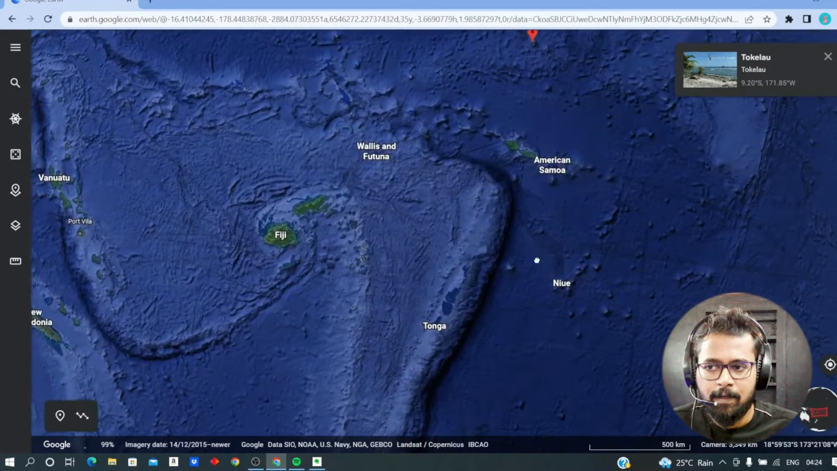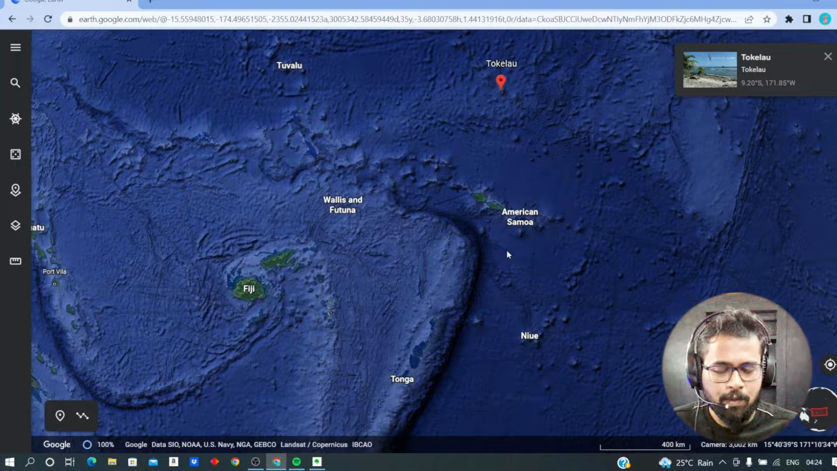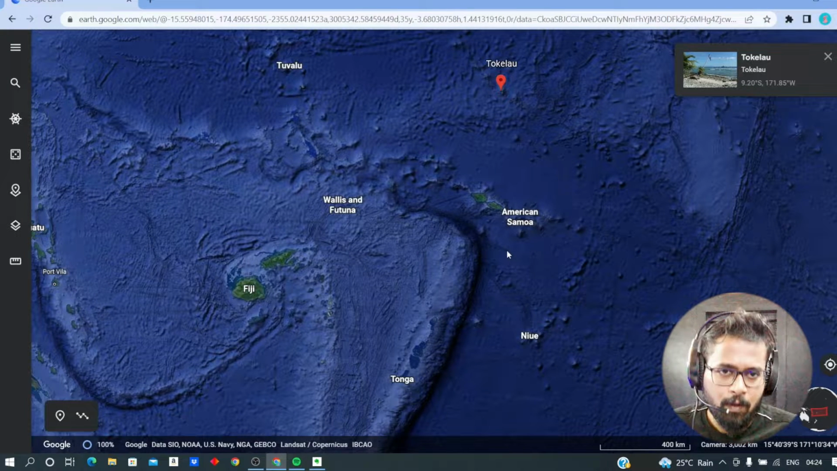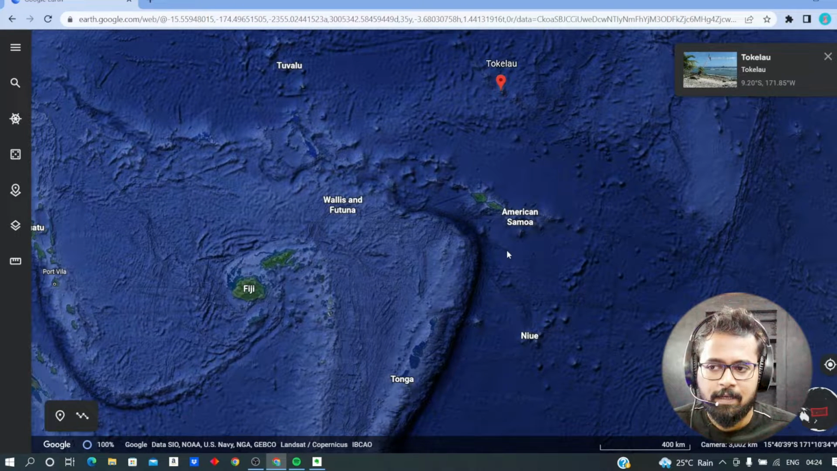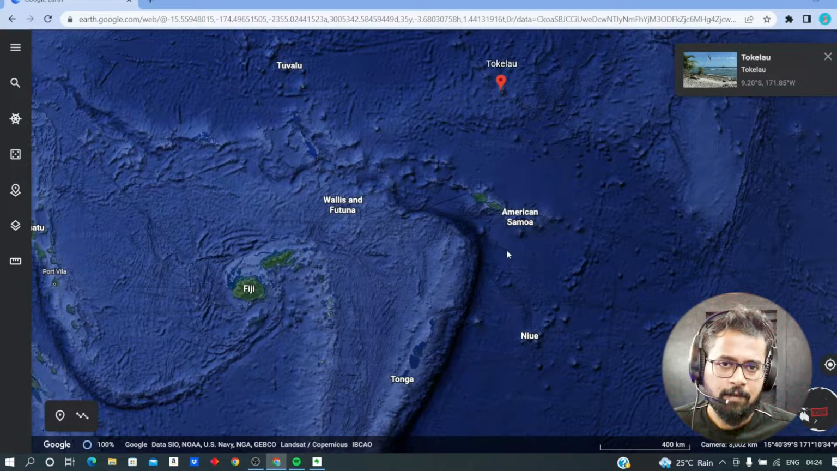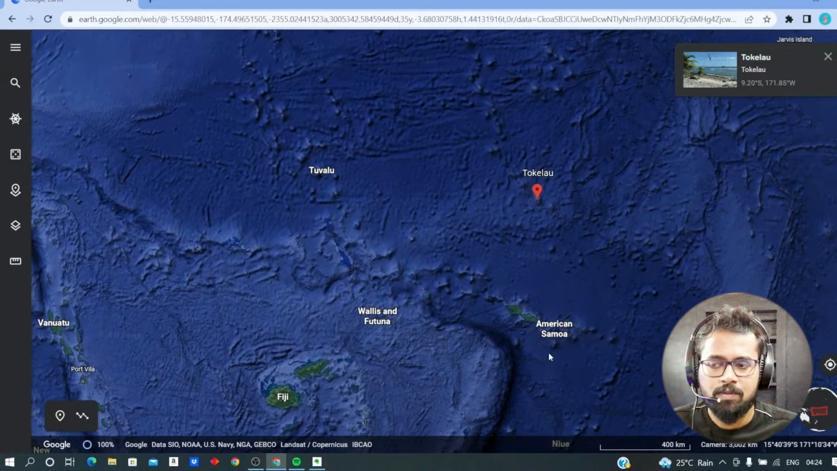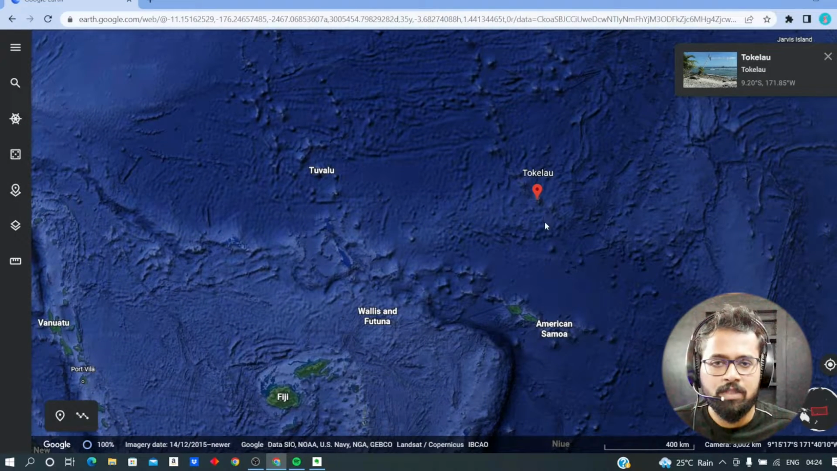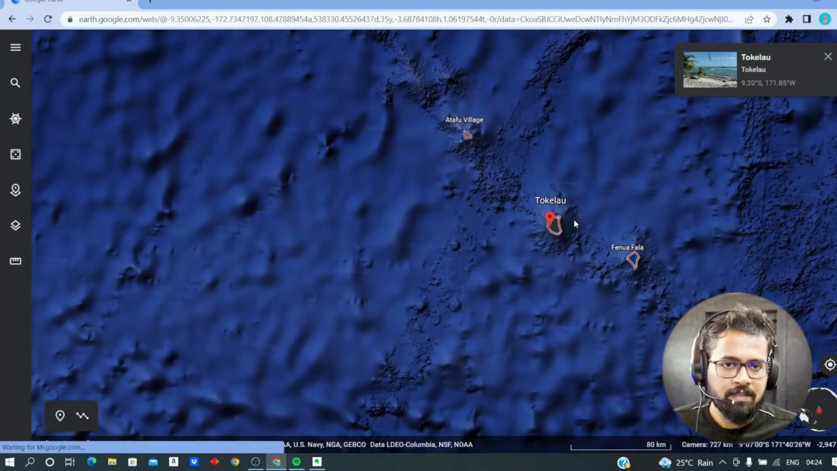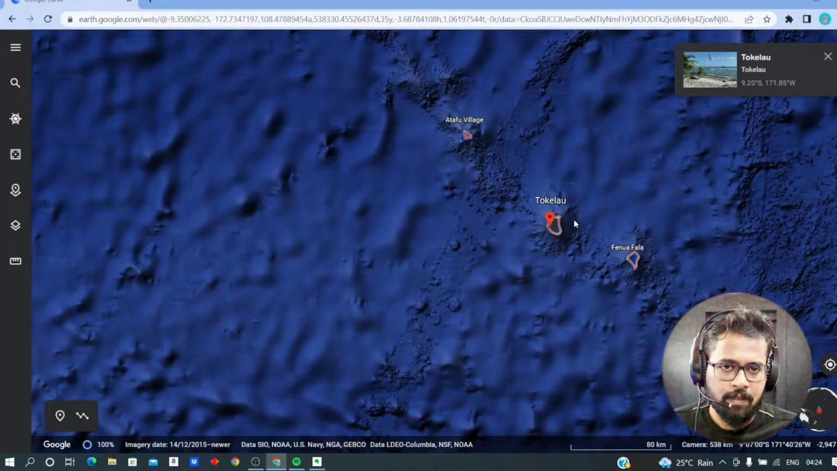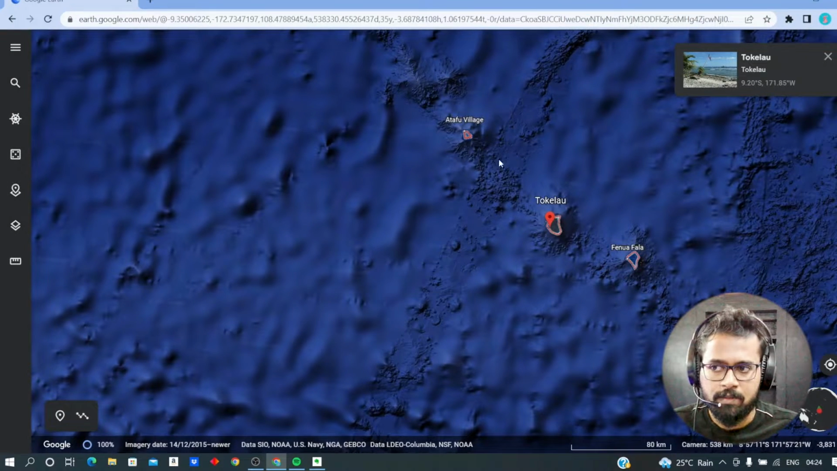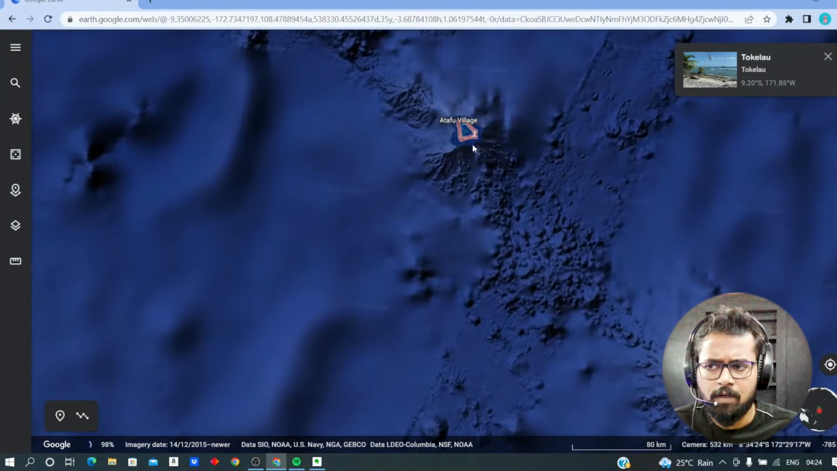And to locate it with a better understanding, you can locate the island of American Samoa, right? To the north of American Samoa, you will be able to see Tokelau, which is a dependent territory of New Zealand. So these are basically atolls. These islands are basically atolls. I'll start with the first one,